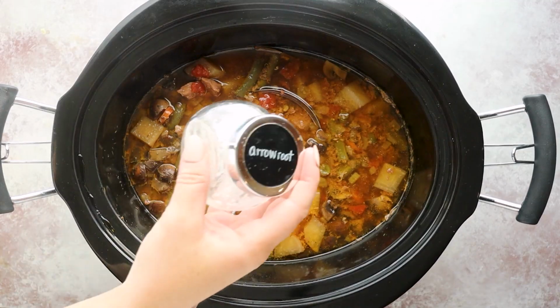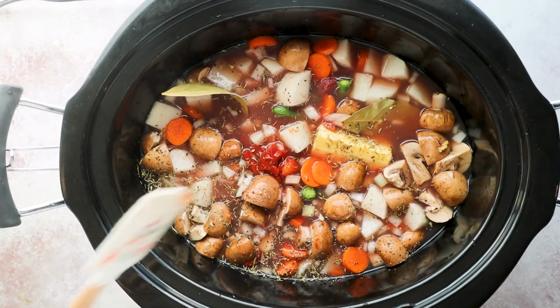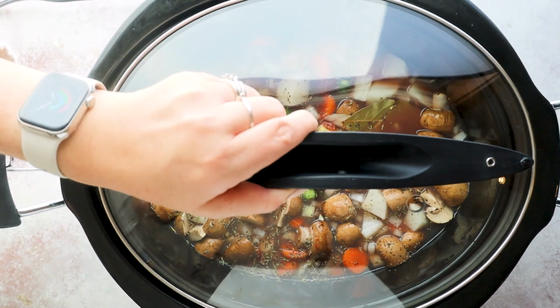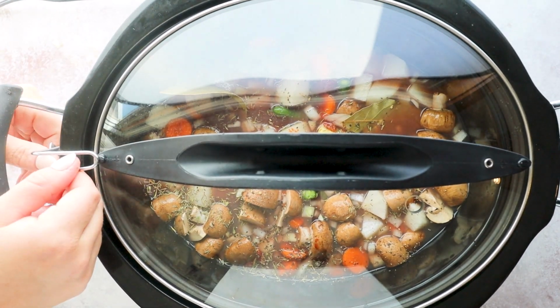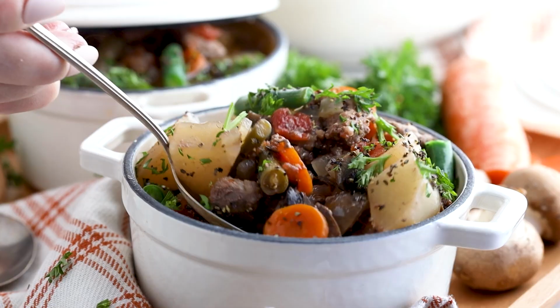And you could add a thickener towards the end of this cooking if you wanted to. I don't think it's necessary, but if you went that route, I would add a teaspoon of arrowroot powder because it's my favorite keto thickener. Then we cover and let it slow cook on low for 5 to 6 hours or on high for 3 to 4 hours. Then when you come home from work, you can open it up, pour it into a bowl, have dinner with your family or your pets, and then pour yourself a glass of wine and turn on some Netflix. Up next, we're making crack